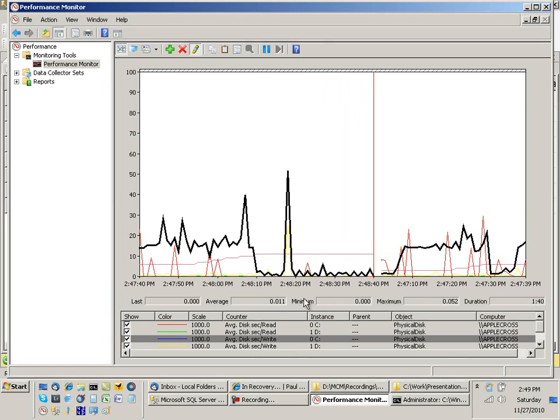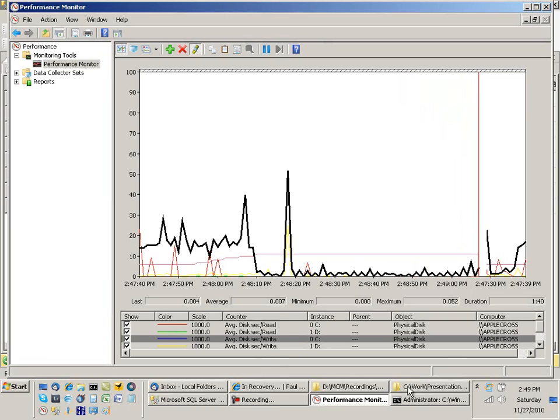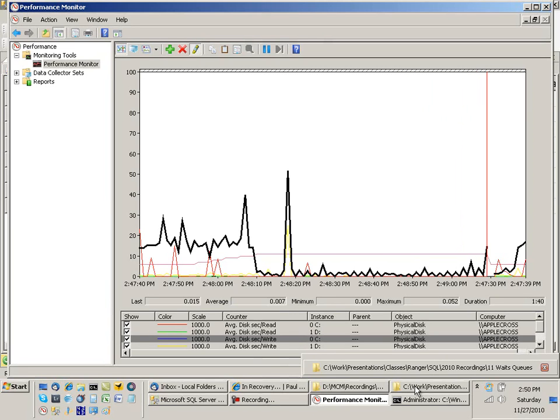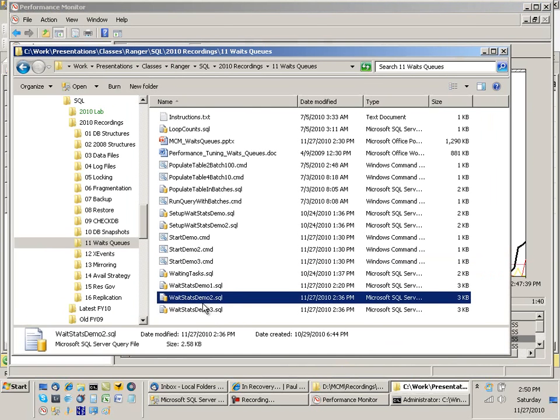So by looking at the wait stats, doing a little bit of investigation, I've used the waits from demo 1 to figure out which queues to look at. Remember the whole waits and queues methodology. And I've made some changes based on what I've seen in terms of the queues, and that's enabled me to actually get better performance out of my system. Now again, totally contrived example, but the kind of way of working through this is what you would do on a real system. Now, one more thing I want to show you is if I fire up a third demo,